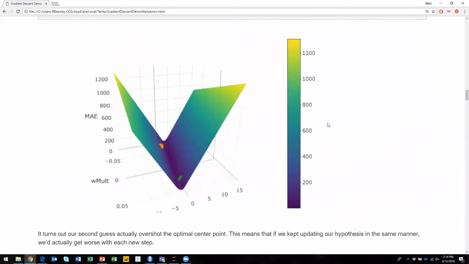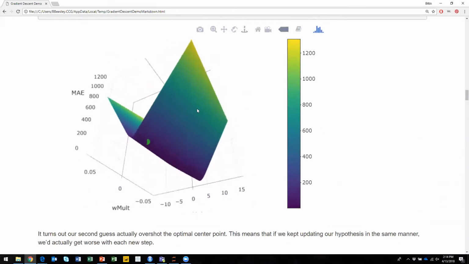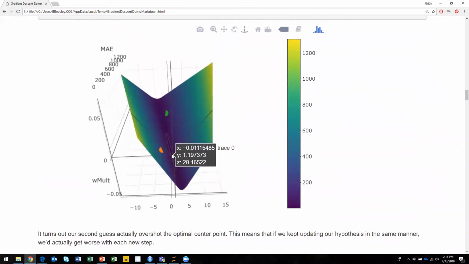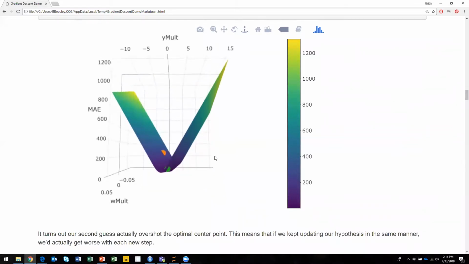So what can we do instead to get to the bottom of the valley? In this case, we've got 2 variables. It's easy to look at it and say, all right, that's our best answer right there, right? But what do you do when you've got 3 dimensions, right? And then you've got 4, you've got 5. We can't visualize that anymore. But the computer can handle that because the computer can do linear algebra. So